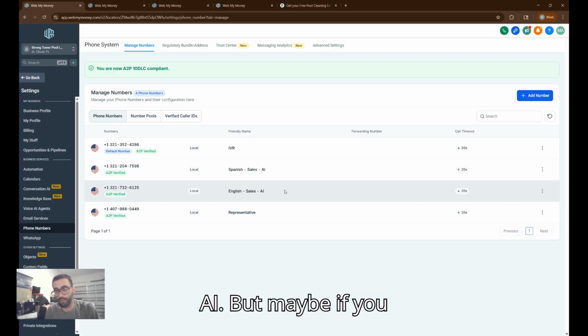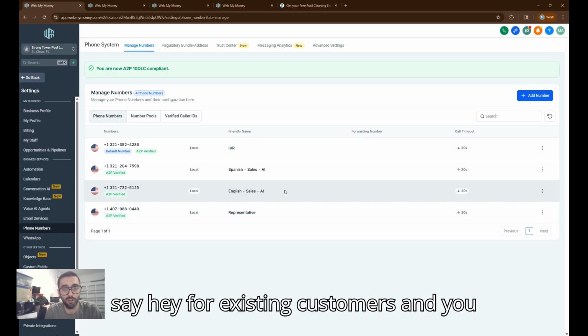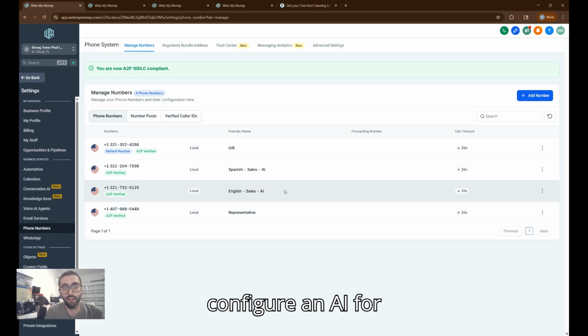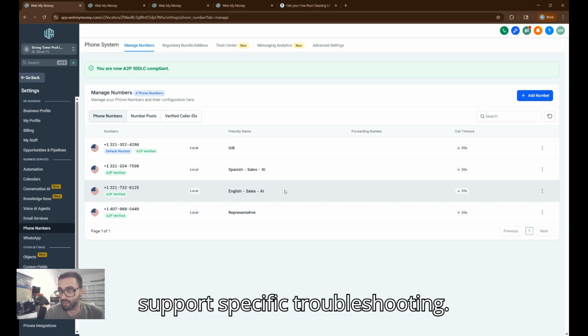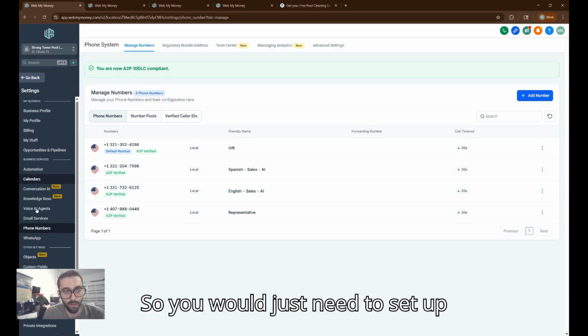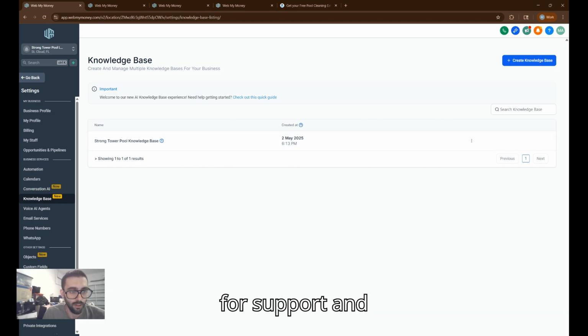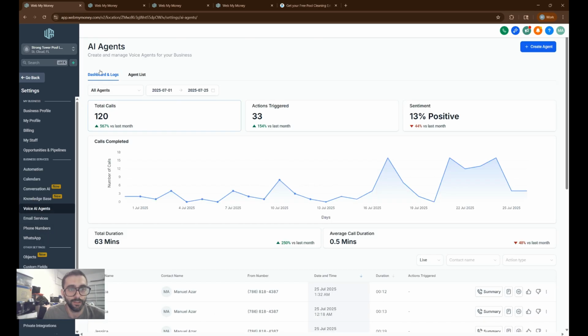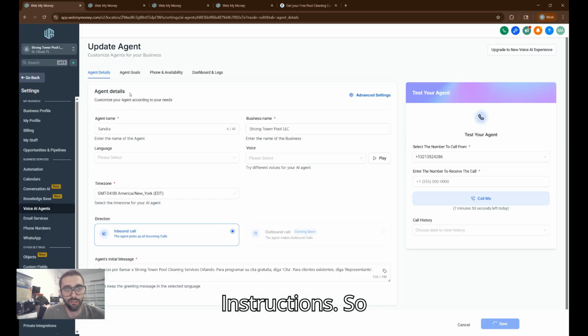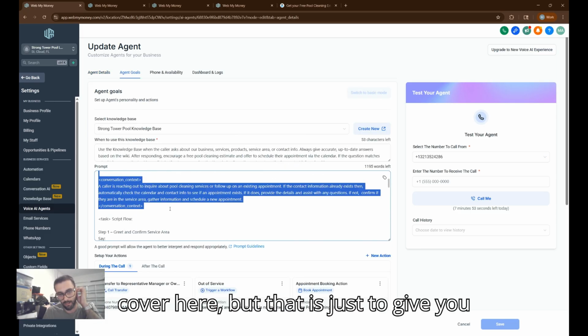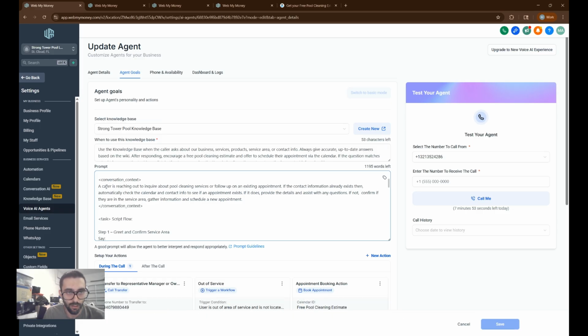But if you say, for existing customers who need support, press two, you can also configure an AI for support-specific troubleshooting. You would just need to set up an additional knowledge base for support and tweak your voice AI instructions. That is something I won't cover here, but it's just to give you the